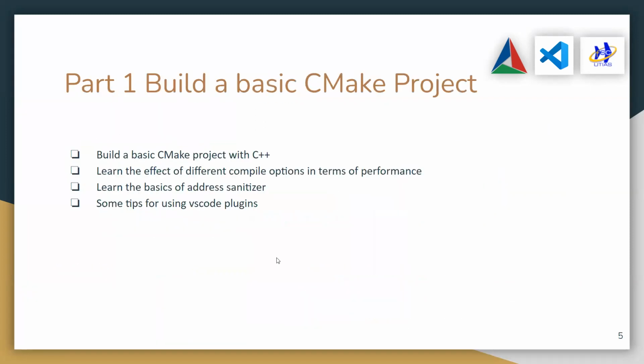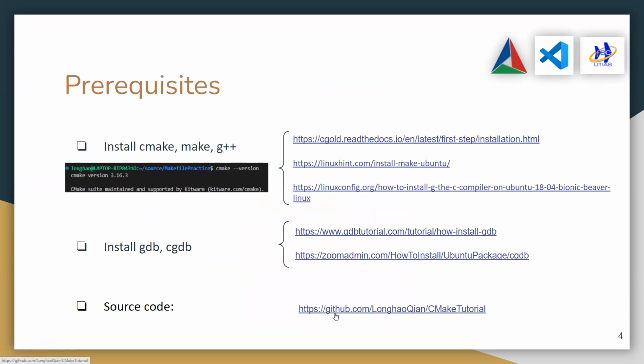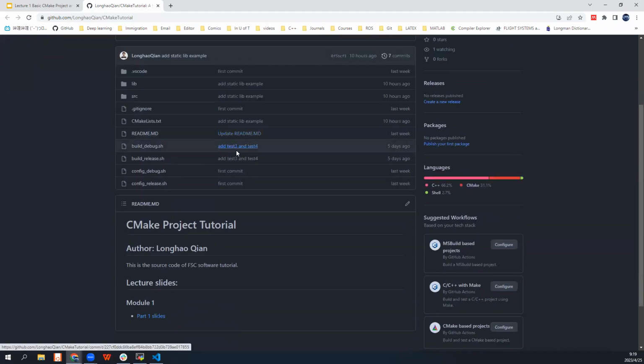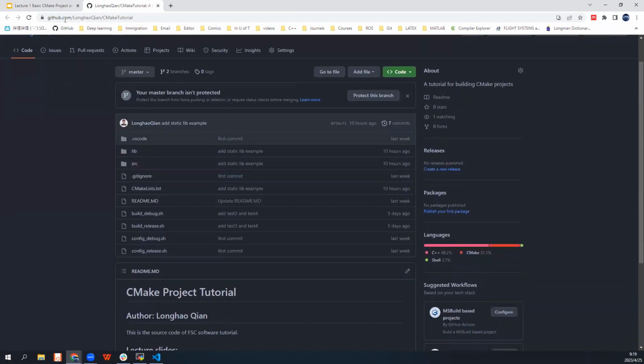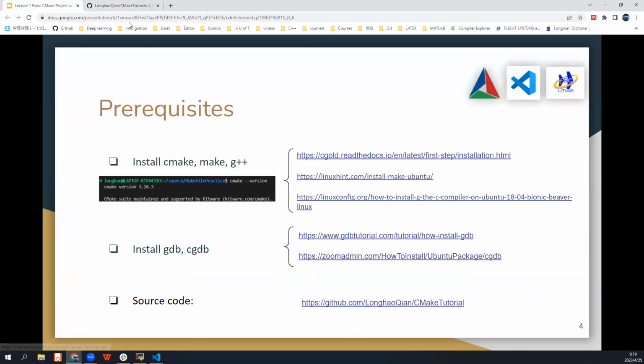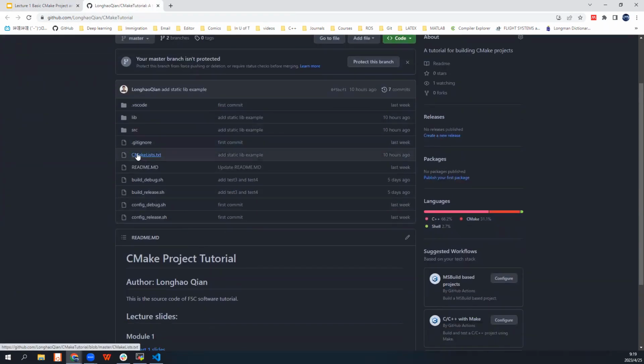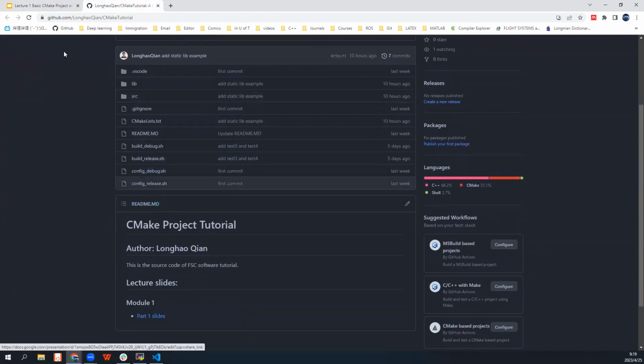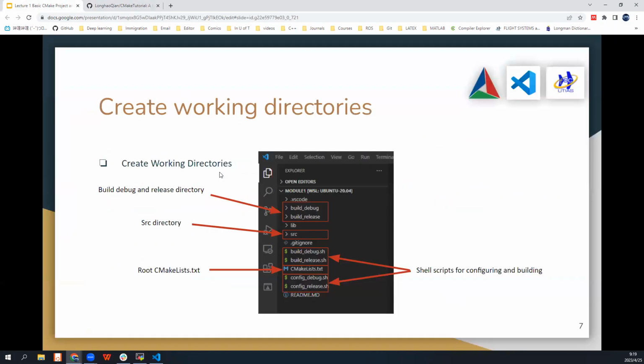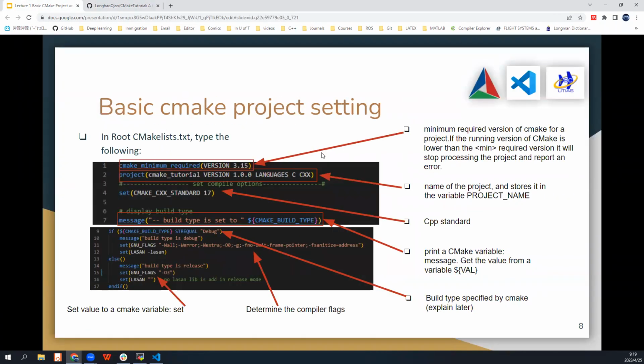Like Frank mentioned, you can click this link to build the source code. Can you actually see my screen now? The source code is in my GitHub, so you can build the source code just by clicking this link and build all the contents. Okay. So after you create all the subdirectories and the corresponding files,